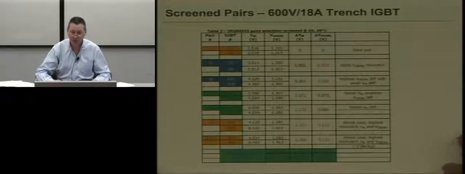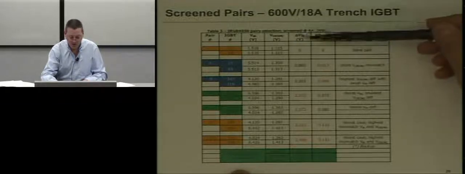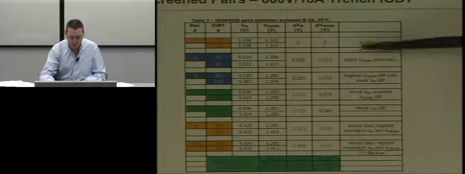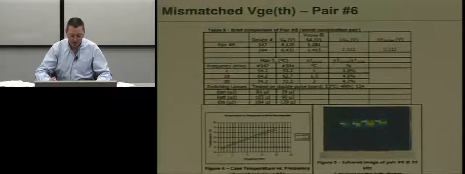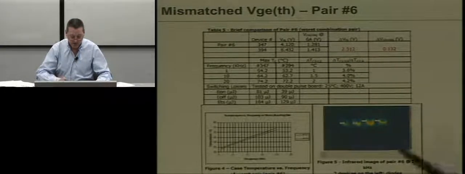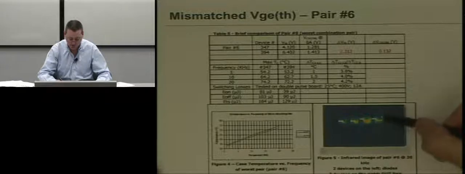So just to show you an experiment we did here with trying to perfectly match and then intentionally mismatch devices, we have looking at threshold voltage, on voltage, and the differences between them. Ideal pair, a little bit of mismatch, and then the worst case, which I'll show you here, and you can kind of see on this thermal image that when we try to switch devices that have mismatched threshold voltages, so these are the diodes here. Sorry, I can't draw on this, and these are the